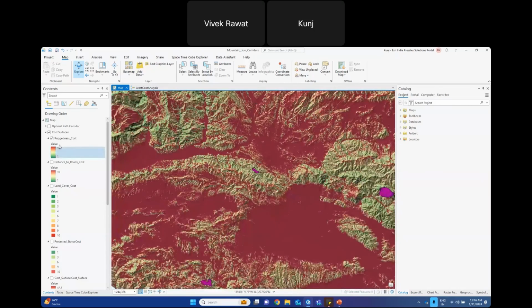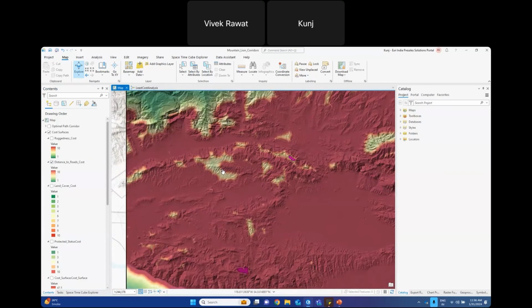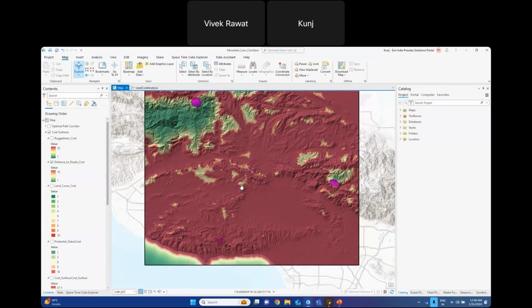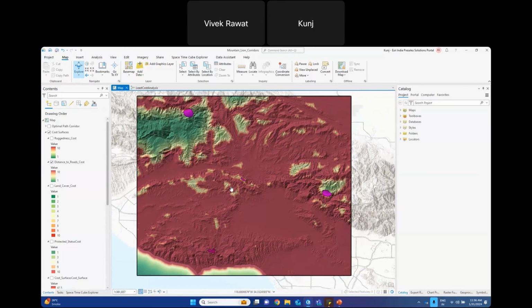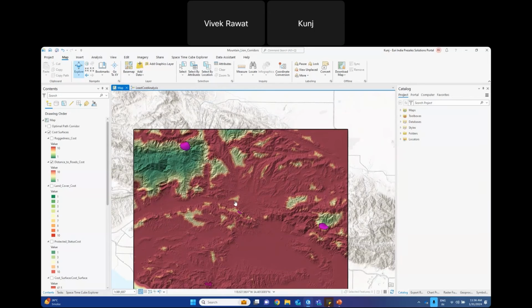Further, the wildlife should be in areas where the noise, or I can say the disturbances, are less. This cost surface shows the distance to roads. The red ones are the areas where the roads are heavily constructed, jam packed, and the green ones are the areas which are away from the roads. So this helps us understand that areas away from the road are more suitable for